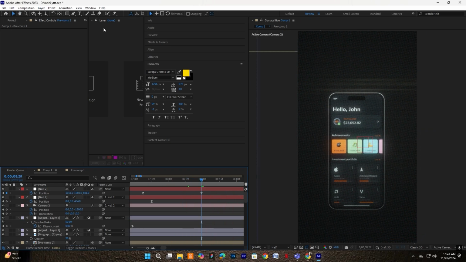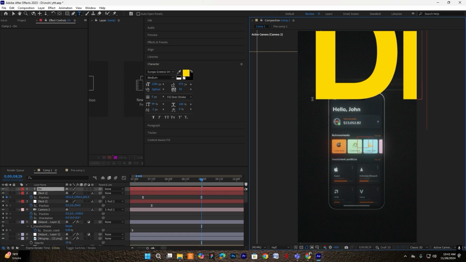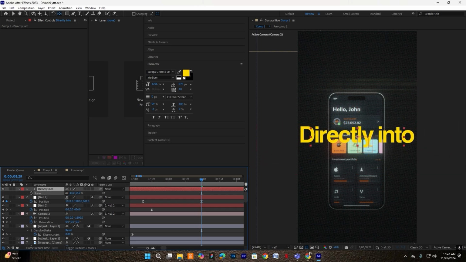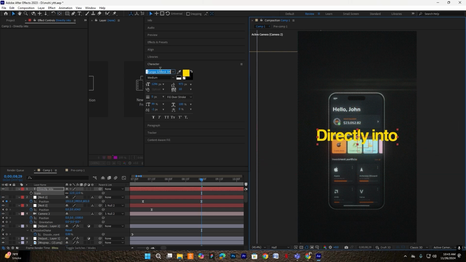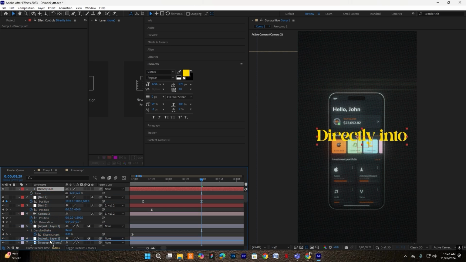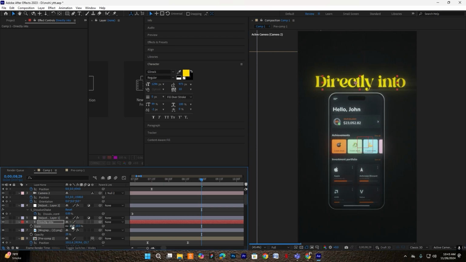Perfect. So now we will add a text. We'll type directly, scale it down, and we will change the font for this one. Okay, place it under the adjustment layer, scale it down